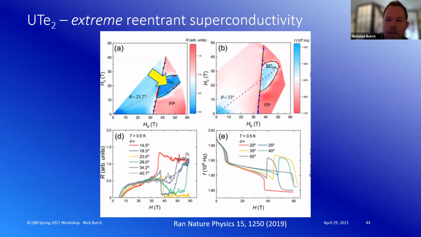And we can do more than that. We can map these out, so basically breaking up that angle into vector components, H along b, H along c. On the left side, that's resistance data. On the right side, this is diode oscillator data, so high frequency, you want to call it skin depth measurements or something like that. Very complementary. They show you that this pocket exists in a range of angles,